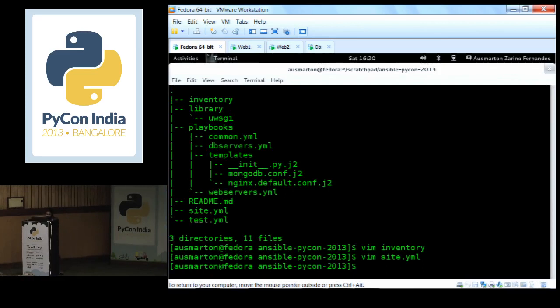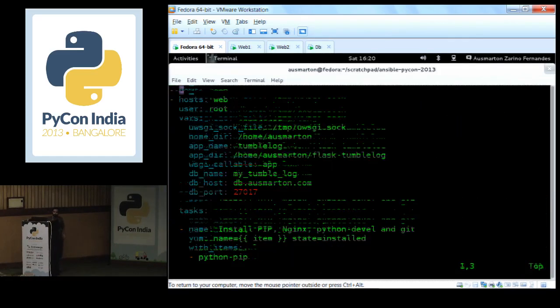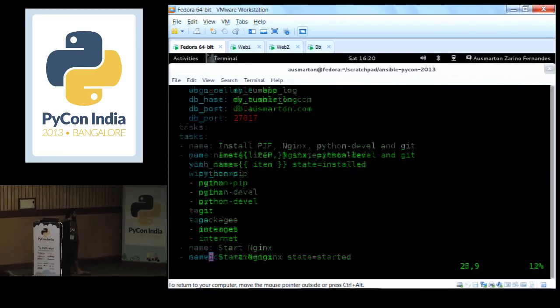Now let's look at our web servers YAML. I have the hosts section, which defines which hosts this playbook is applicable to, the user which should be used, and some variables that I have defined here, and some tasks that need to be done.